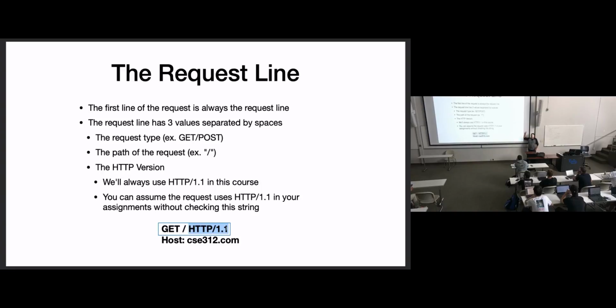So you're guaranteed you're looking at 2 spaces before the first CRLF. You're going to have a new line character, a /r/n right here. And before that first /r/n, you're guaranteed to find 2 spaces, which you can separate into the 3 values that we're looking at. So that's one of your first goals when you're parsing these things, is parse this request line into the request type, the path, and the HTTP version, which will always be 1.1 for this class,